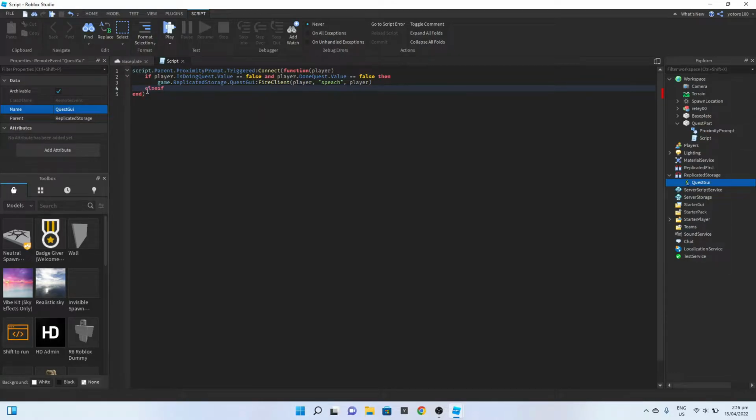And so now write else if player.IsDoingQuest.Value equals true, and the player.DoneQuest equals false, then